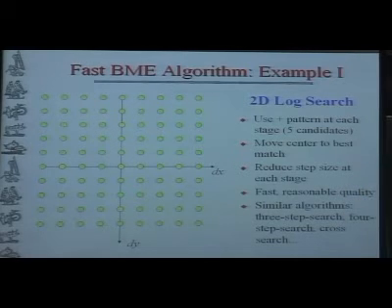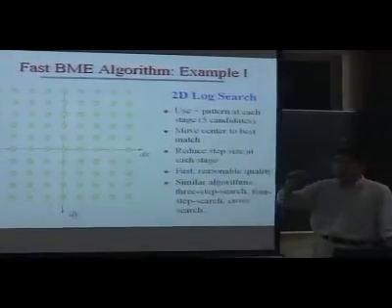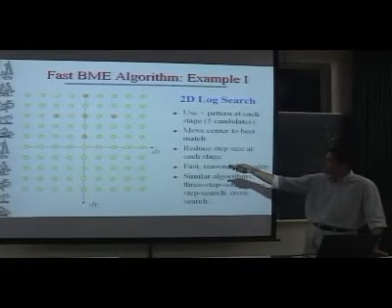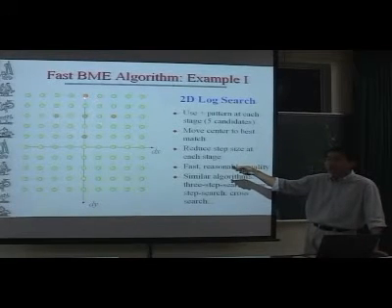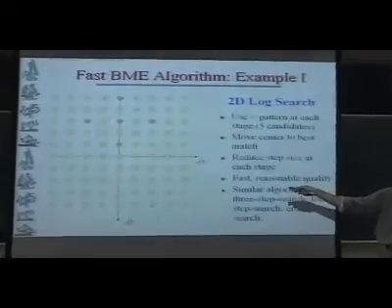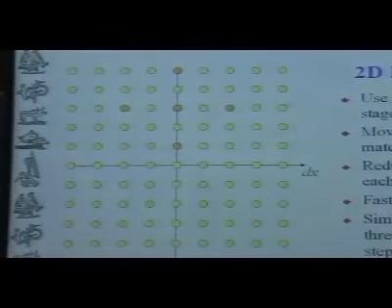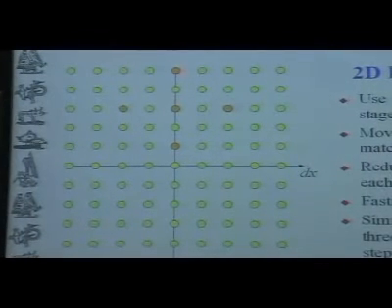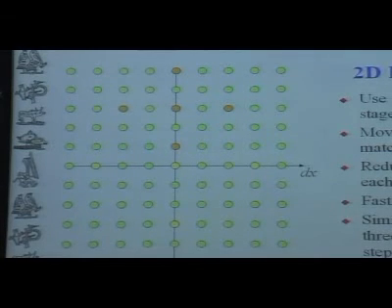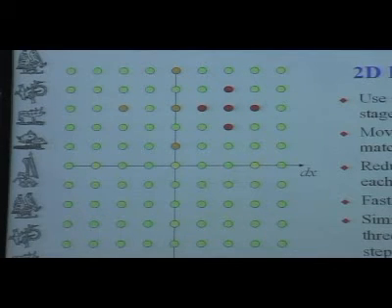I find out the one that gives me the lowest SAD so far, and I redo this operation on that locality. Okay? So for example, this guy gives me the lowest SAD of the 5, okay? Then I check this one, this one, this one, this one. Okay? And then out of these 1, 2, 3, 4, 5 candidates, I find the lowest SAD so far, and then I try to repeat that same deal again. For example, here. Okay?